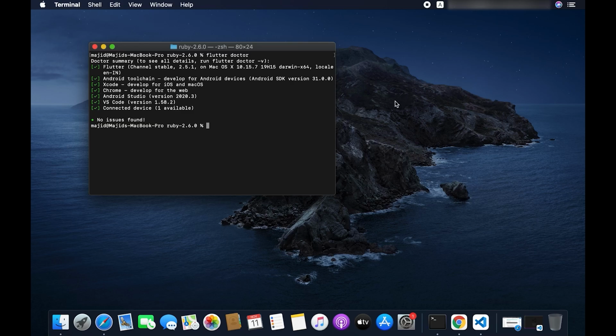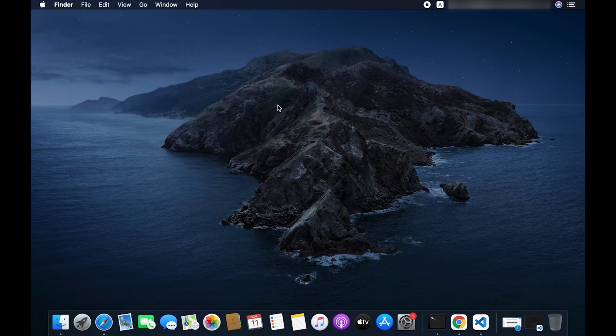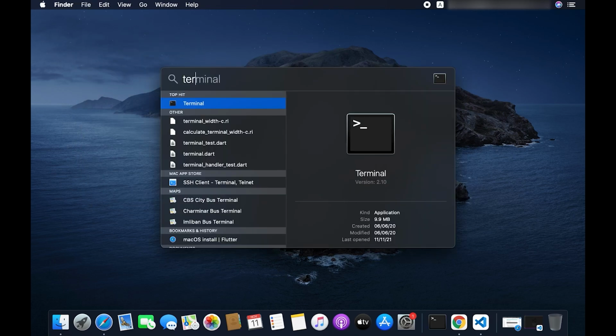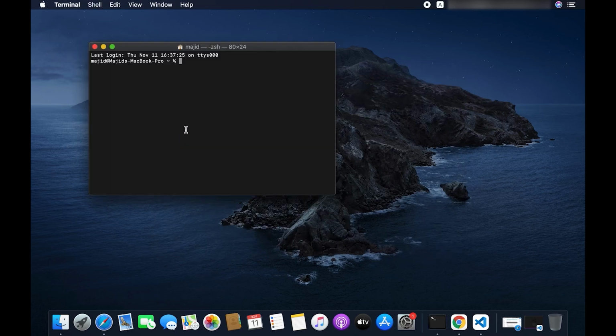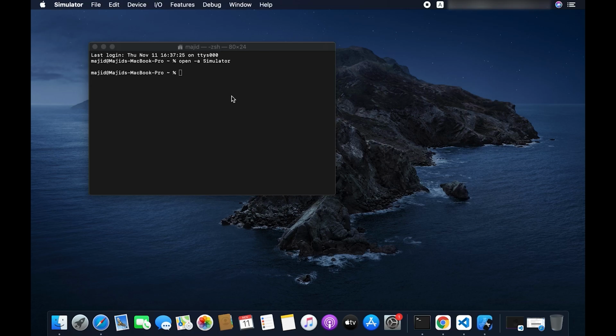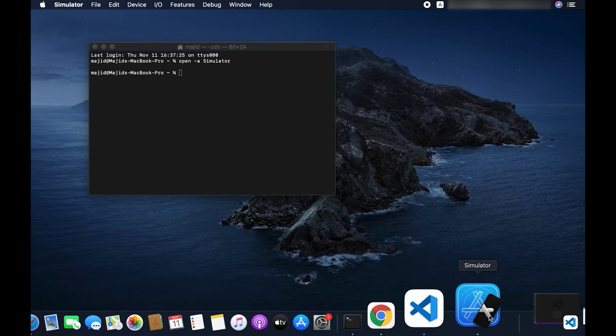And everything is working fine. So I'll exit that terminal for now, open the terminal once again, and open the emulator from here. It will open an emulator with the help of Xcode.